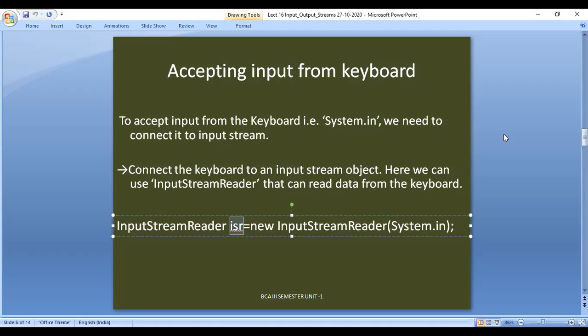So now the InputStreamReader object will contain the keyboard object, that is the input stream object. This is the first step to accept input from the keyboard: first the keyboard will be connected to the InputStreamReader class.